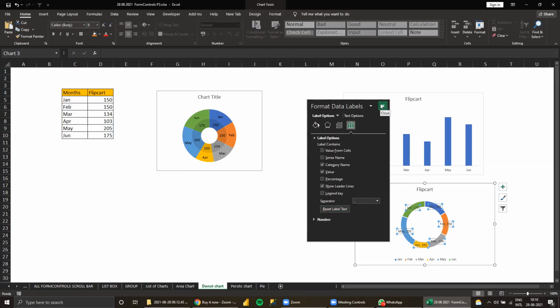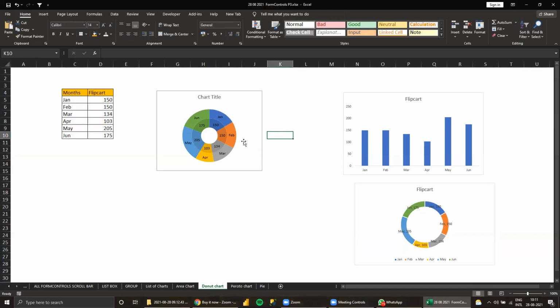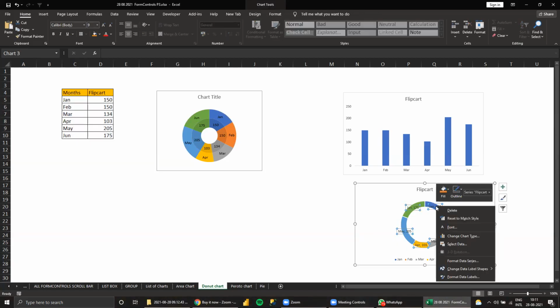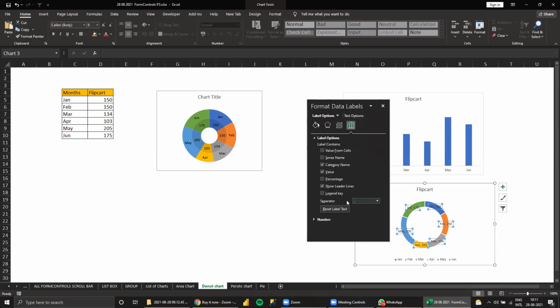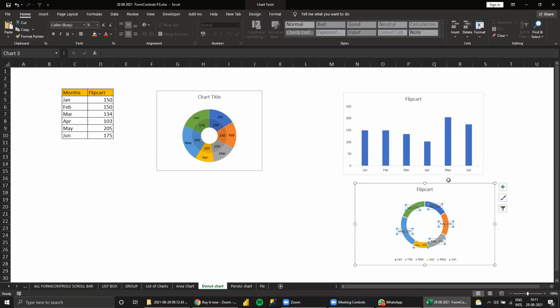Like a pivot table, it will be there only, so you cannot give it outside. We need to drag it manually and keep it like this, so if you want to show this separately, there is manual work.